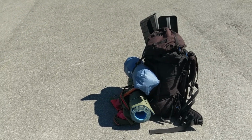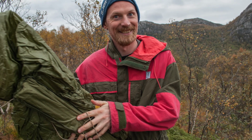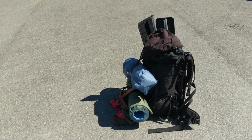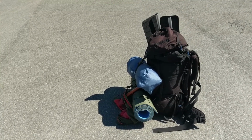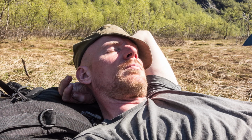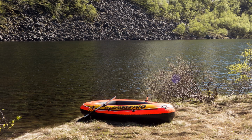Well, this is the heaviest bag I've packed in a while. Normally I just take a minimum of what I need, and actually that's what I've done today also. I just have a few extra clothes, some food, and the rest is a tent, sleeping mats, sleeping bag, and a boat. I've had this idea for two years to go up to a valley called Djupadalen, which is located